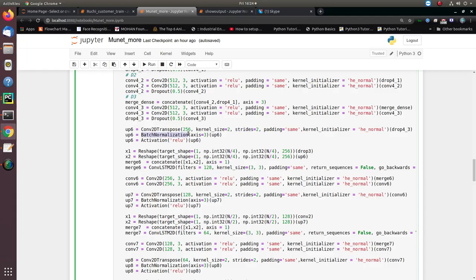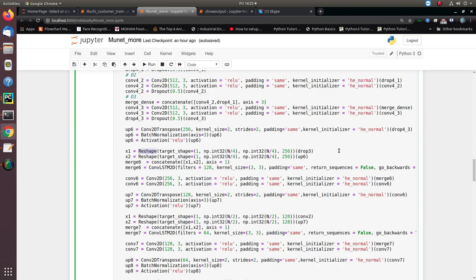Batch normalization basically normalizes corresponding to the input batch size. It works when we have a larger batch size, and will not work if we are using batch size 1. Similarly for the upsampling, we use ReLU activation here.